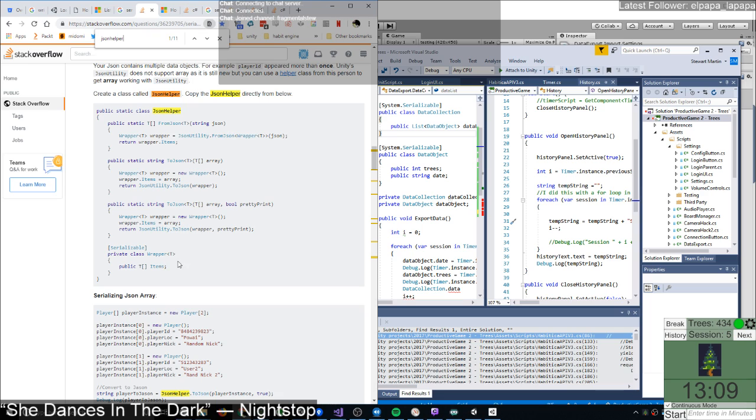Public static class JSON helper. Or I could just use something else. XML or